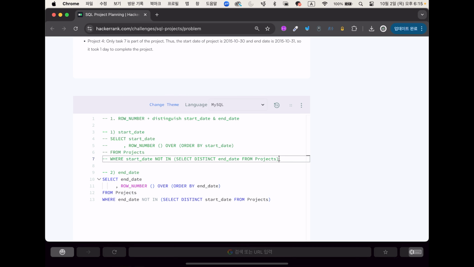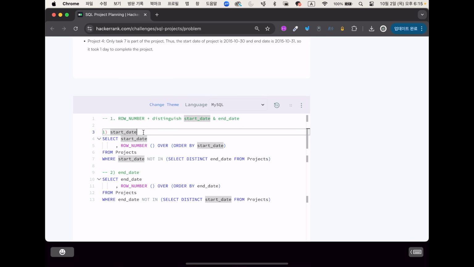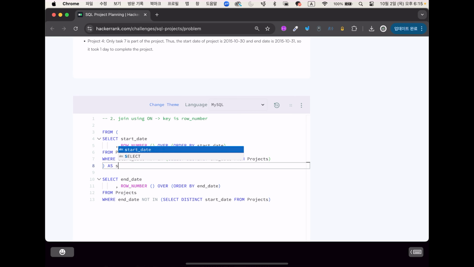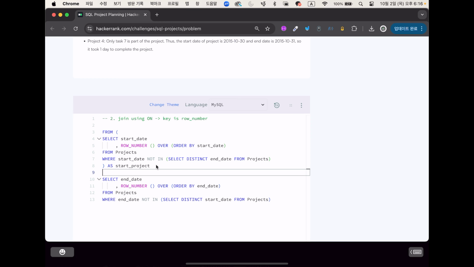So what we're gonna do, I'm gonna delete it. So the second step is we're gonna join it using an on keyword. On the key is row number. So what we're gonna do, I'm gonna do it like this. From in here, I'm gonna call it start project table, and I'm gonna make it prettier here like this, and I'm gonna inner join